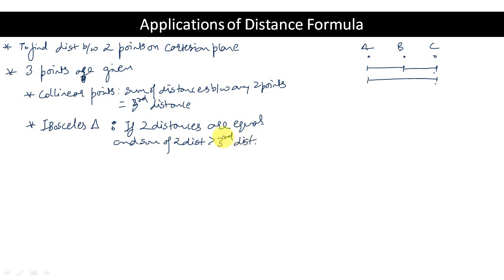Because if the distance of AB is 2, BC is 2, and AC is 4, in that case, although it can be seen that two distances are equal, AB and BC are equal, that does not mean that it will form an isosceles triangle. These points are collinear because it will not form an isosceles triangle. If I add AB and BC, the sum of two sides is not greater than the third side. In this case, it will be the pair of collinear points. ABC will be collinear points. Equilateral triangle.